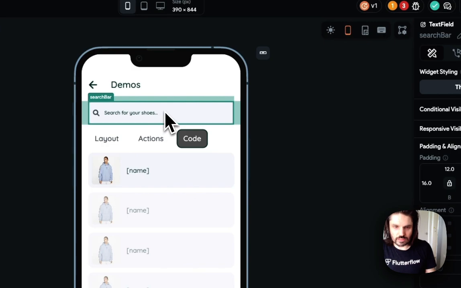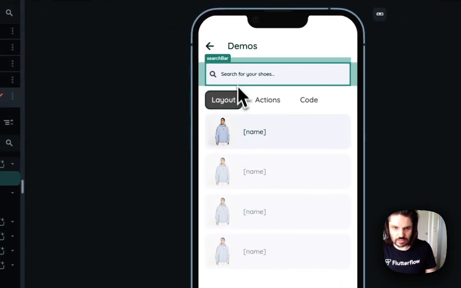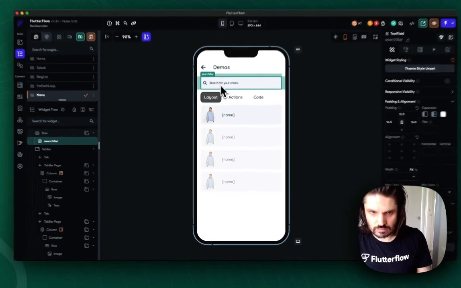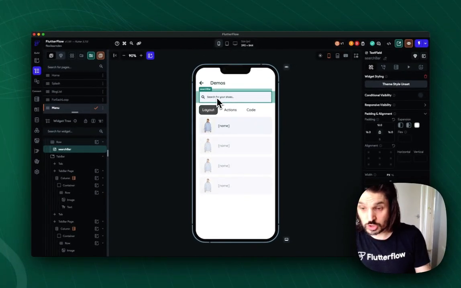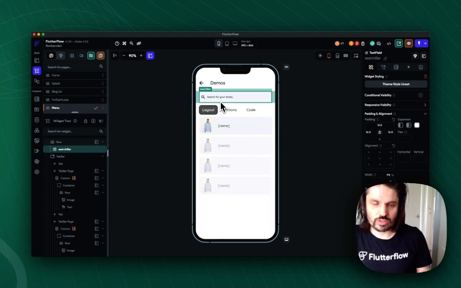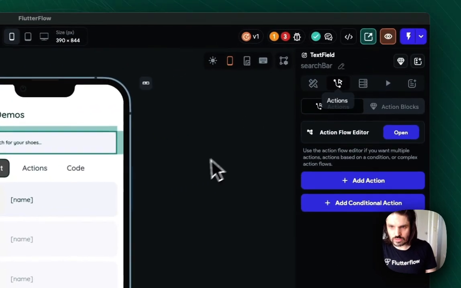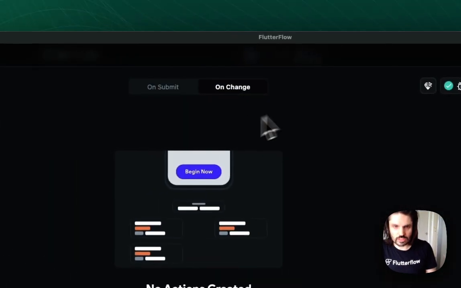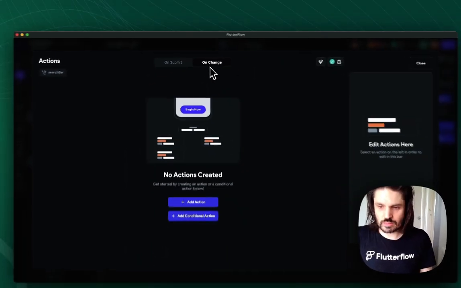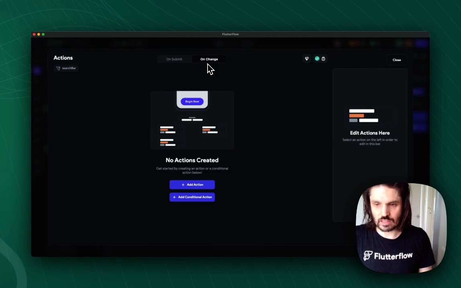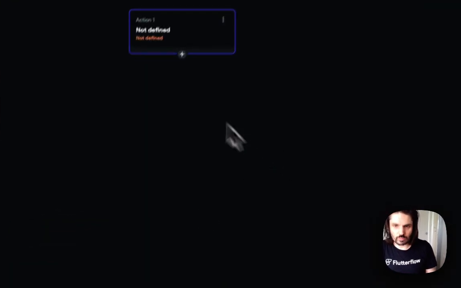So when someone types in here, the normal user experience we would expect is that I would be seeing layout demos that matched my search as well. So how can you search through a filtered list like this? Well, the great thing is we've got all of our documents up here. So the easiest way to do this is to go into your actions and set an on change. That means it's going to be running this action every time the text field changes value. So every time the user enters another letter, and you can configure the delay depending on your use case a little bit. So what we want to run here,